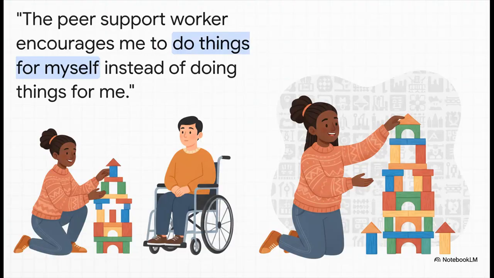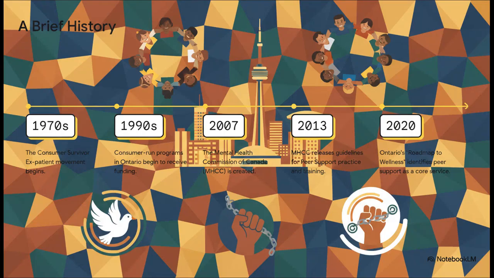And here's another one that just beautifully shows the value of self-determination. It's that huge difference between doing something for someone and empowering them to do it for themselves. It's all about fostering that sense of agency and control over one's own life. And that is a true cornerstone of recovery. And finally,